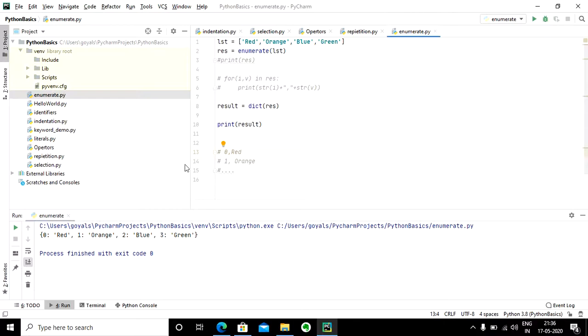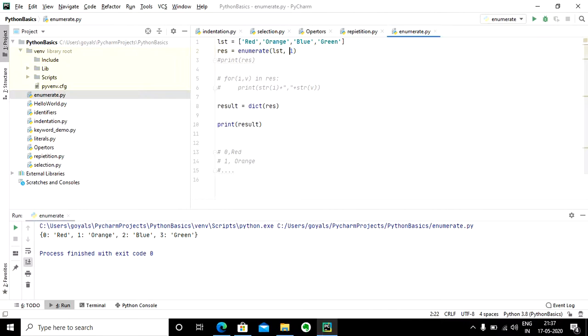To change this, I will pass one parameter, and here I will specify the starting index for the enumeration. Suppose I pass 1 here, then this listing will start from 1. The output would be 1 red, 2 orange, 3 blue, and 4 green.